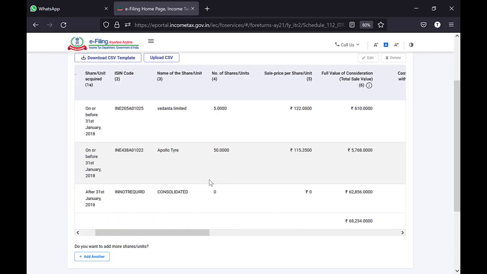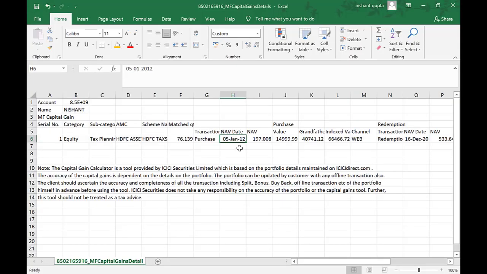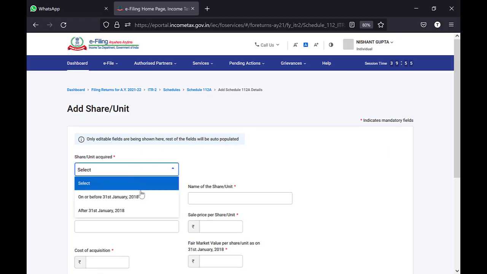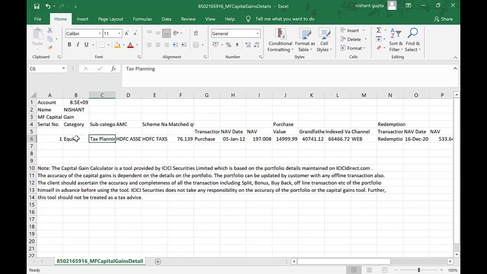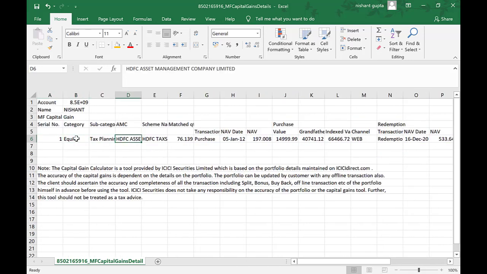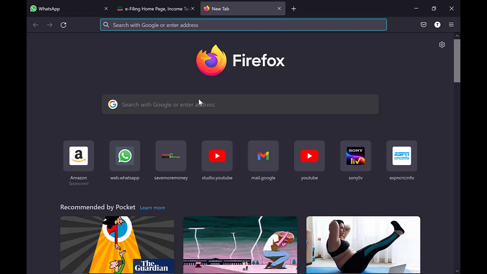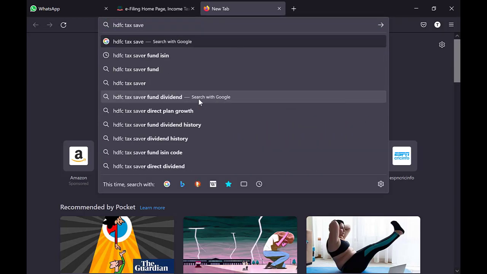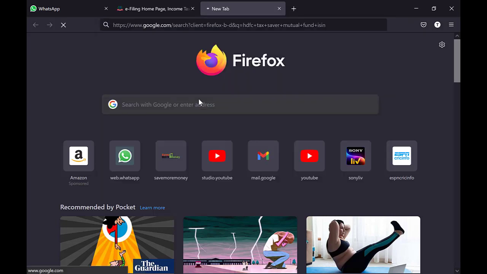So let's add another. Okay, so since my value is before 31st January 2018, I'll select the value here. I'll have to enter the ISIN code. Now for this, ISIN code is not given in ICICI Direct, but at least I know what mutual fund I had purchased. I purchased HDFC Tax Saver Regular Plan Growth under equity category. So I'll go to Google and I'll get the value from Google Baba. HDFC Tax Saver Mutual Fund ISIN. I'll just enter this value here,